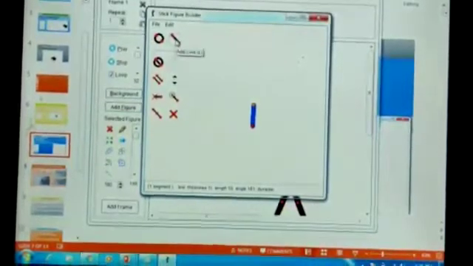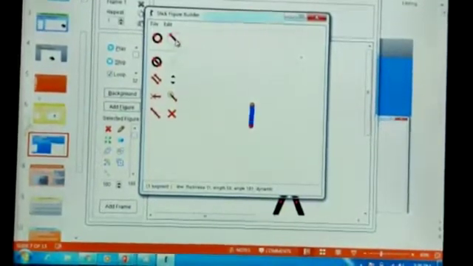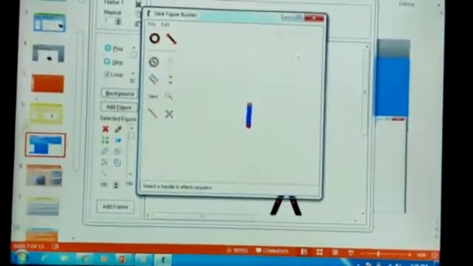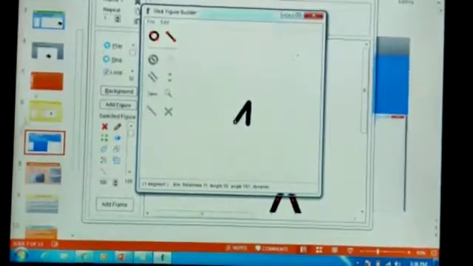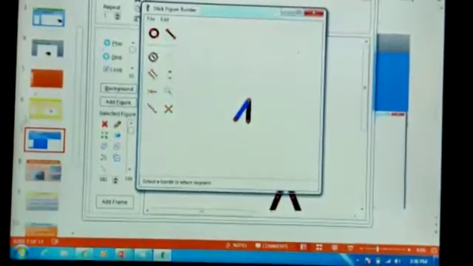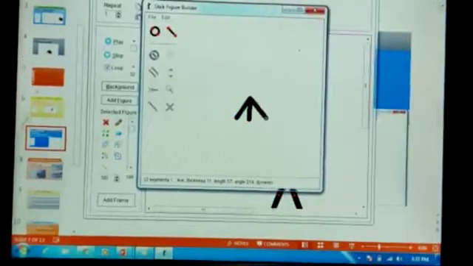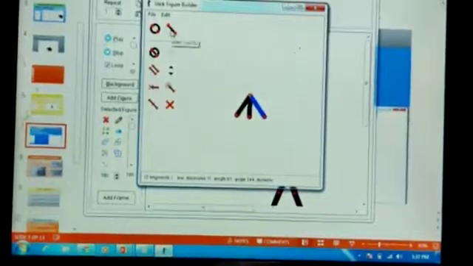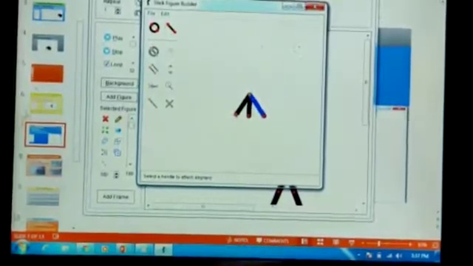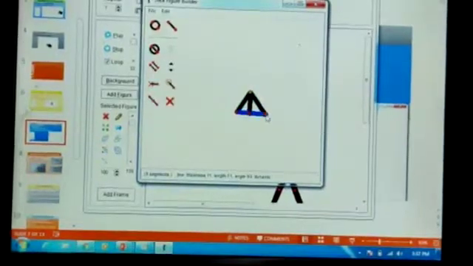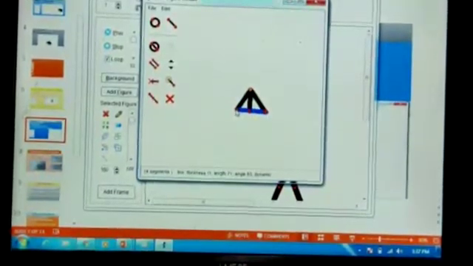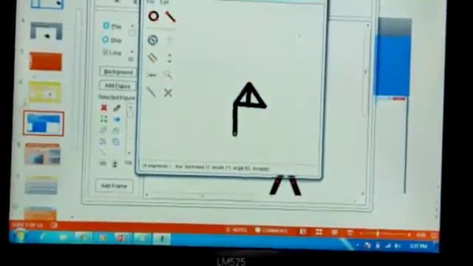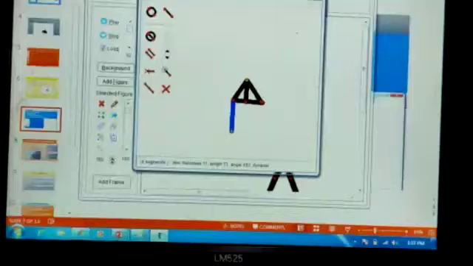Now we can select the add line button. Click on the add line button. Then you can draw a line like this. Now you all know how to draw a hut, children. Yes. Just see how I am drawing it. Press the left mouse button. Select the line, click on the segments and drag it, and press the left mouse button so that you can add a line. Select, drag it, press the left button.